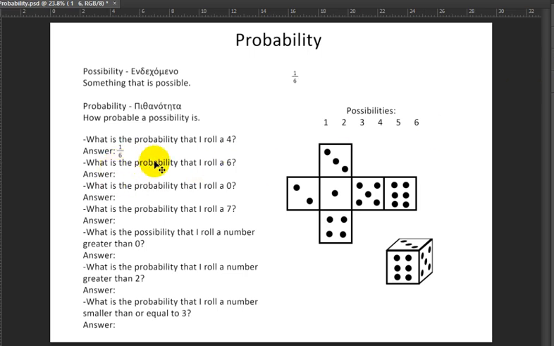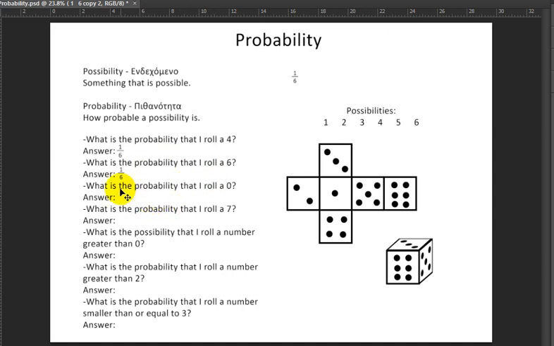The next question is, what is the probability that I roll a 6? Well, this is the same thing again. We only have one result in which we meet the conditions of rolling a 6. If you ask for any one of these numbers separately, you're always going to get the same answer, 1/6, because in 1 out of 6 outcomes do we get the result that you want. But we can also get an answer like